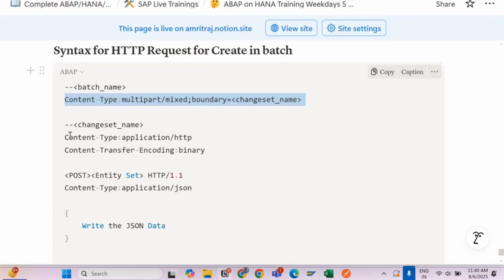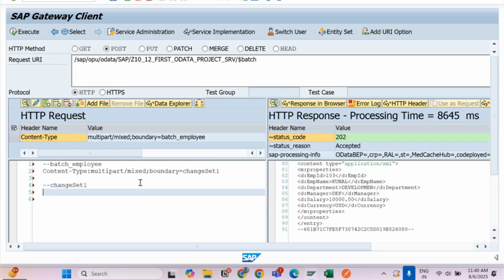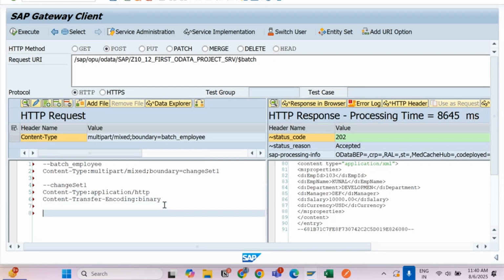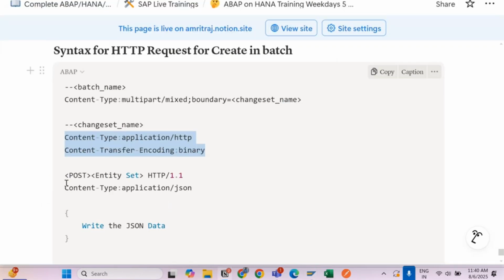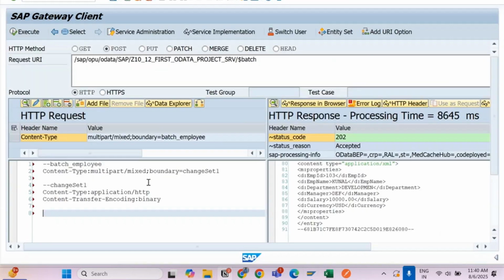Inside this, we need to pass these two, same to same, copy and paste. Content type as HTTP and binary data will be coded. Again, one line space. And then we are required to go for the post operation. So my post,